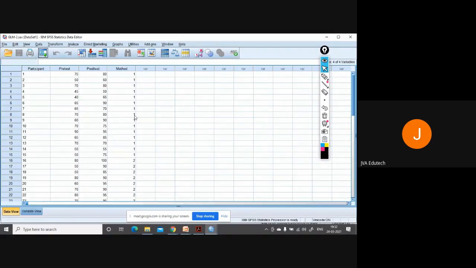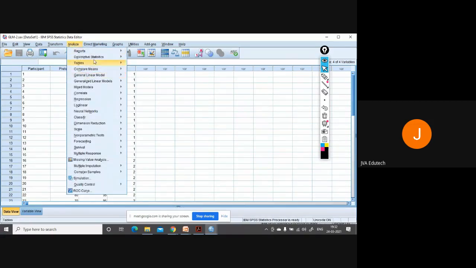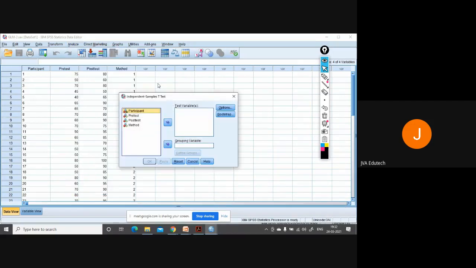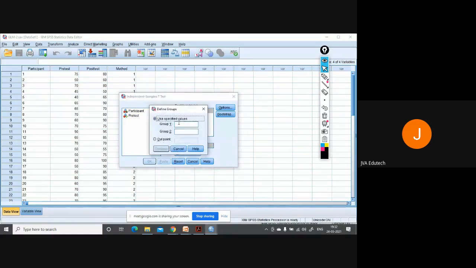And let's do it. So simply go to Analyze, Compare Means, Independent Samples t-test, and take the overall score as the test variable and method as the grouping variable. Define groups as 1 and 2, because we have two groups. Continue.